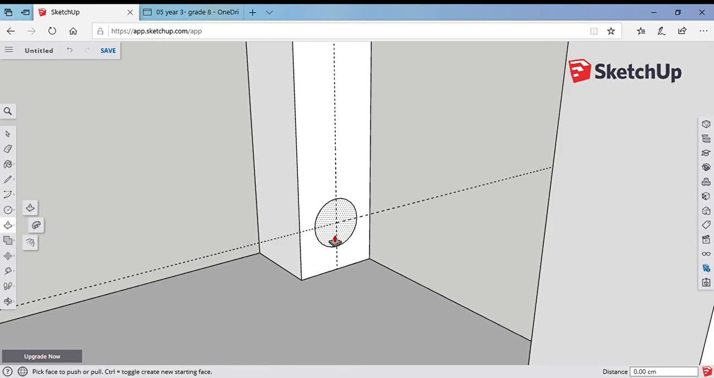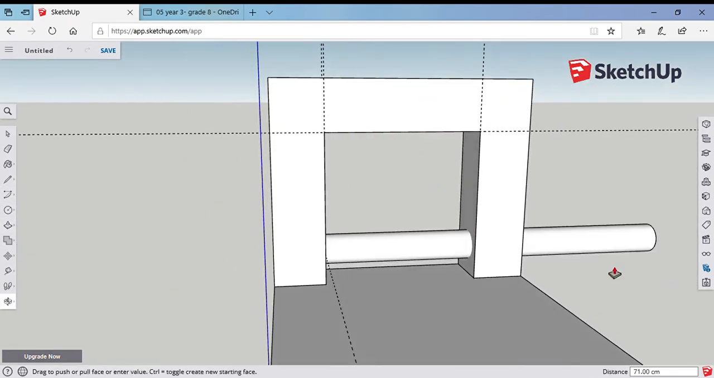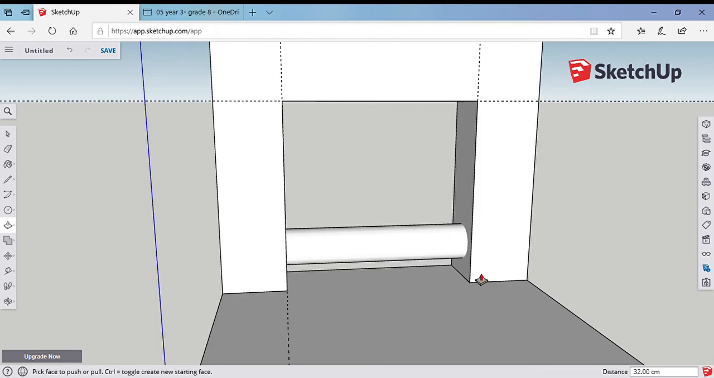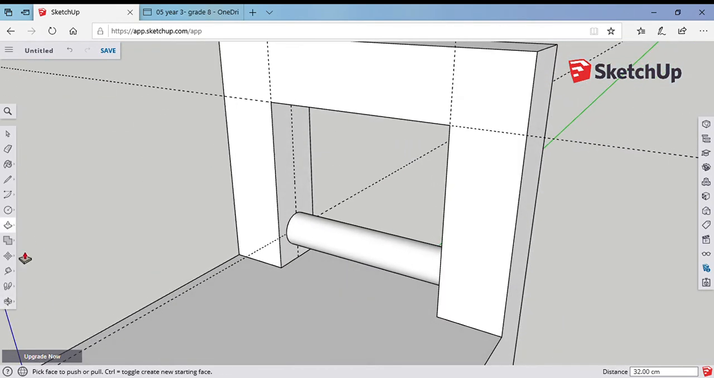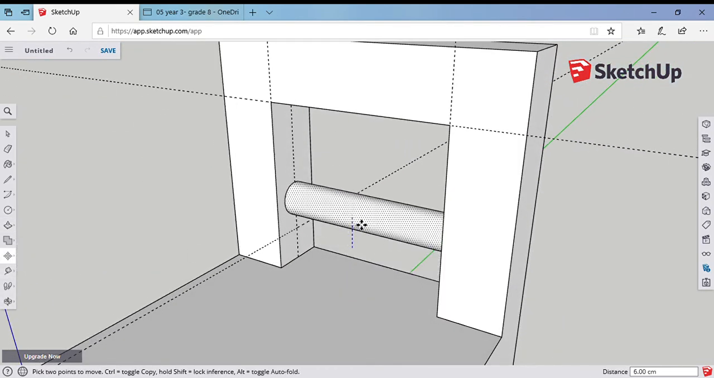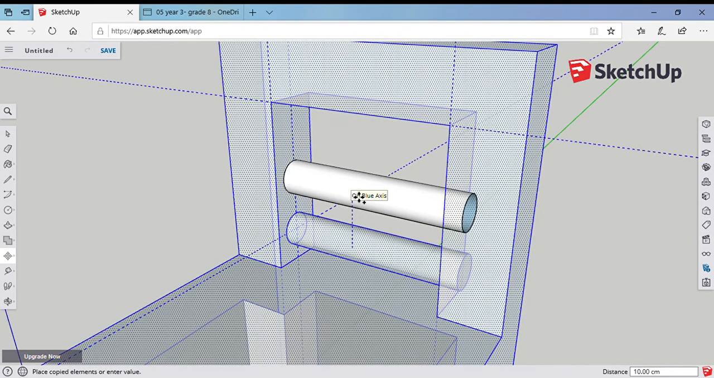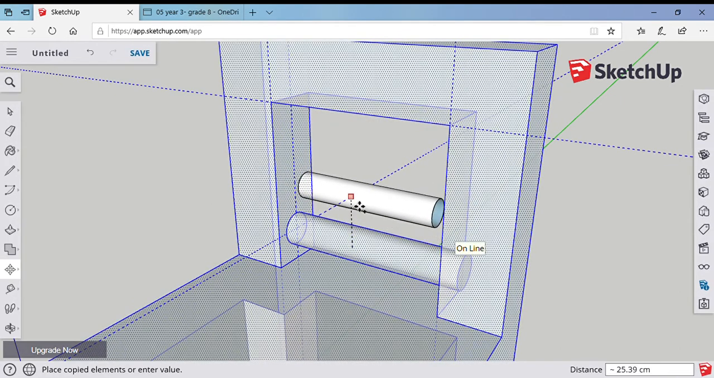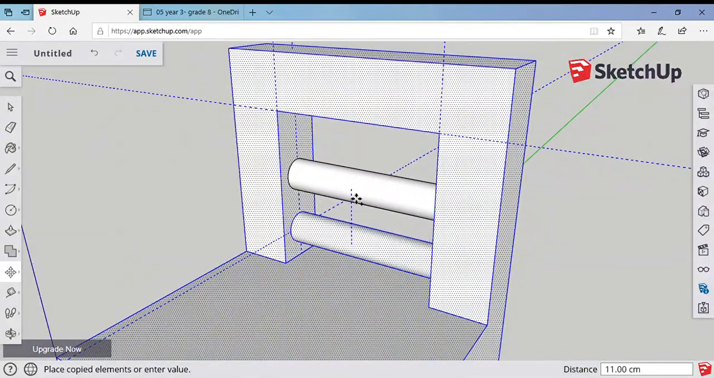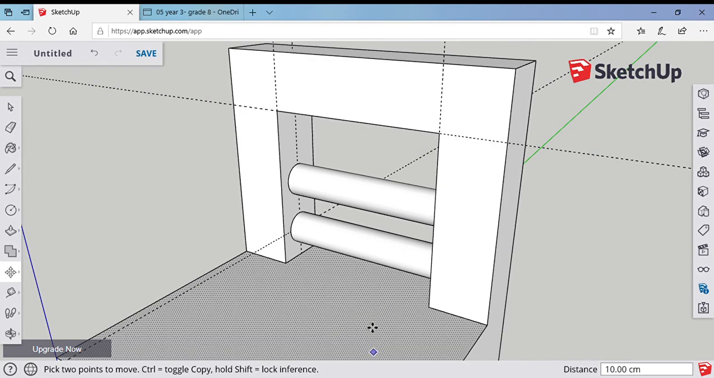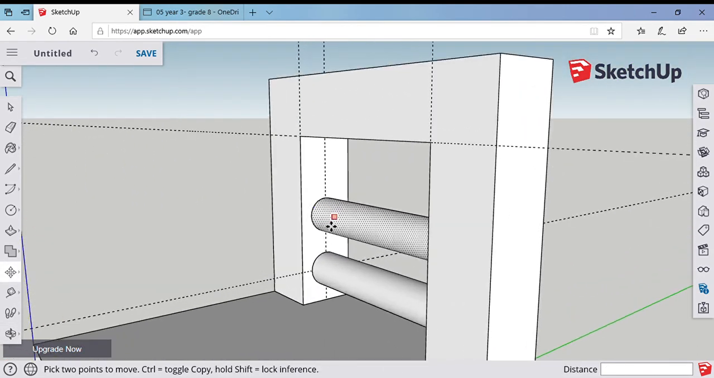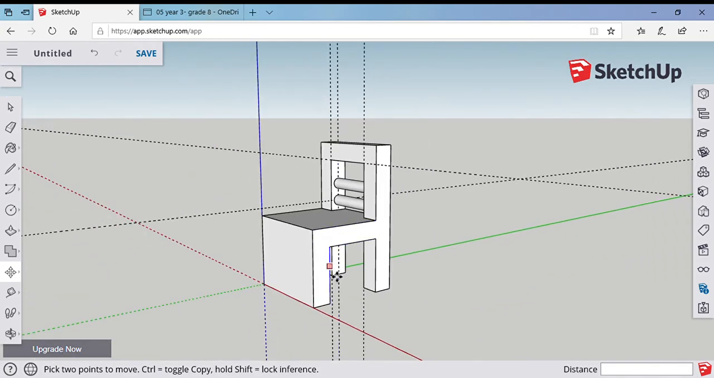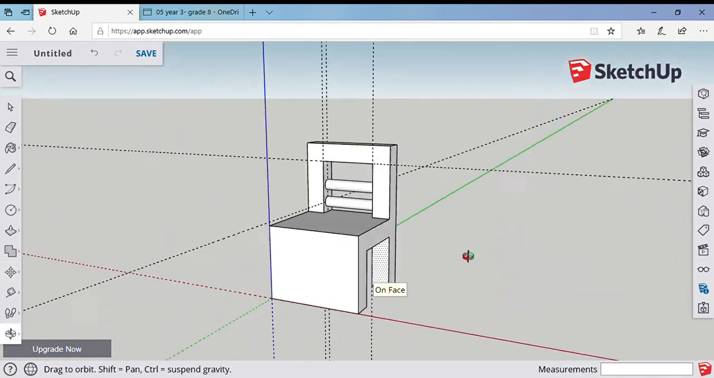Now you're ready to push-pull it along the chair till the end, and you can use the move tool to create a copy. Of course, you need to press Ctrl to create a copy. Make sure you do that along the green axis to repeat the element. Okay, you could choose a smaller radius for the circle so that it fits 3. So this is how we create the chair